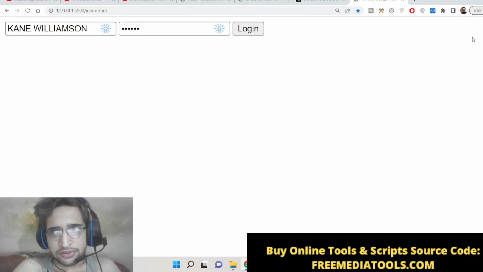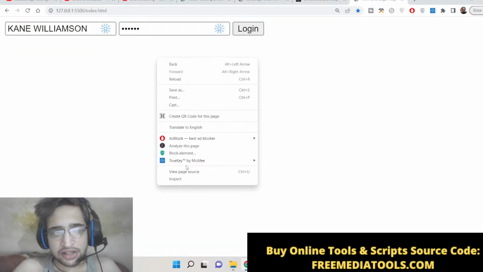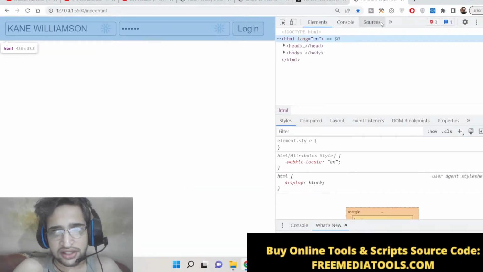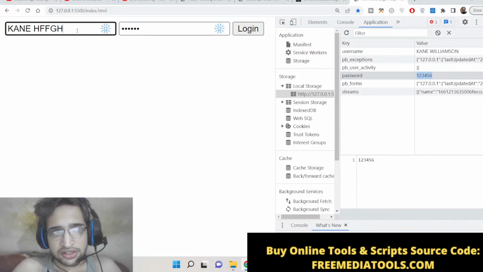So now basically if you refresh your page, guys, now these details will be preserved. You can see Kane Williamson and 123456. Just right click, inspect element, and you will now see the details which are there inside your application. You will see local storage, and this is your username which is updated. If I change this username to anything, and also change the password,